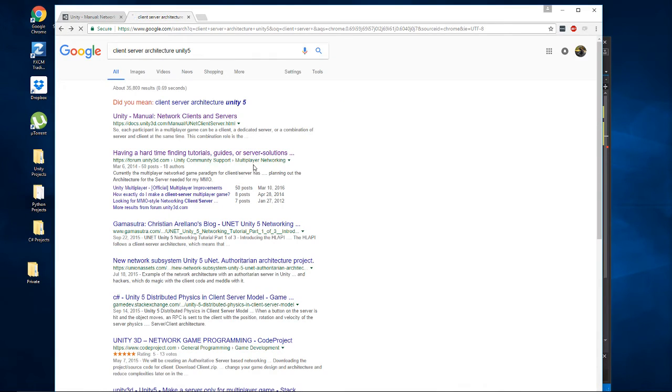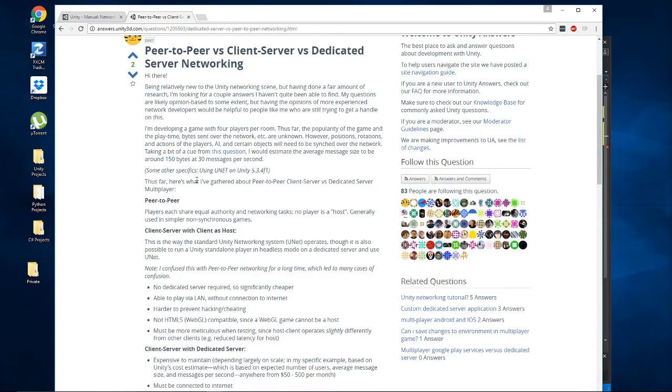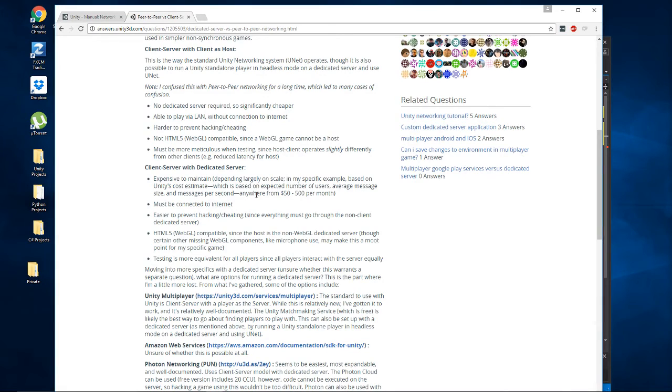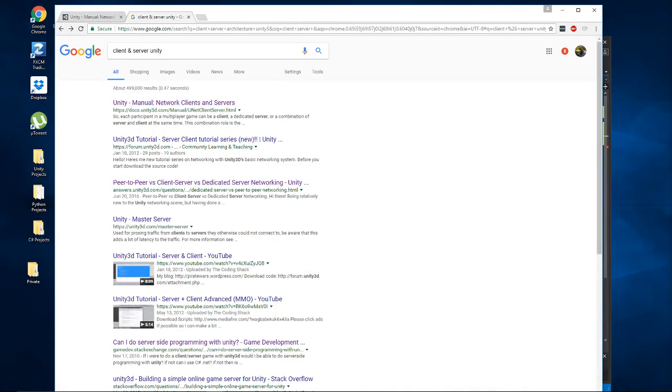No, I want to read about people separating their Unity projects out between client and server. So client and server Unity. Server client tutorial series, don't care for that. Peer-to-peer versus client server versus dedicated server networking. Alright, client server with client as host. Sure. Client server, dedicated server, expense to maintain, depending largely on scale. No, this just tells me about them. I already know about them. I'm trying to